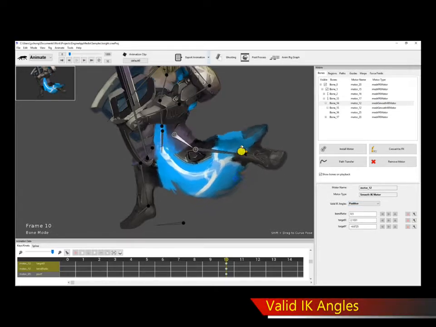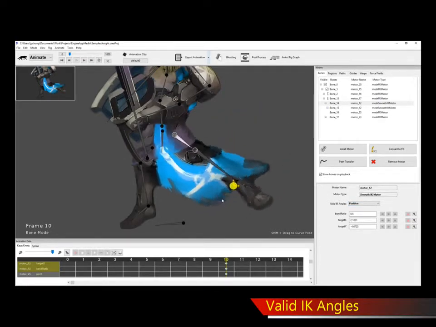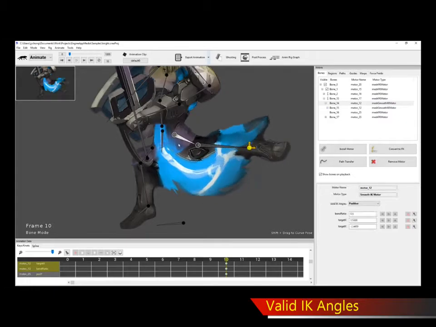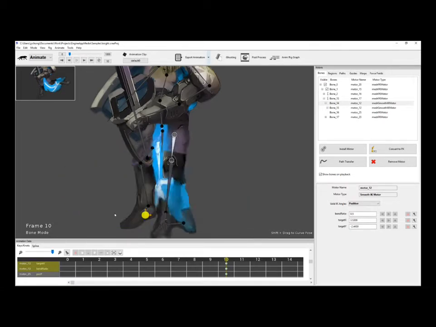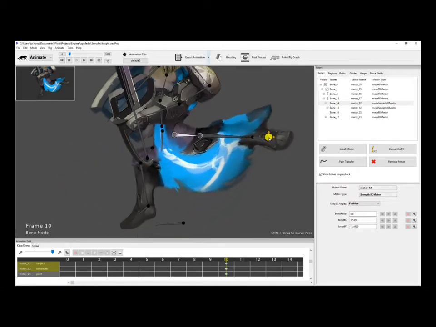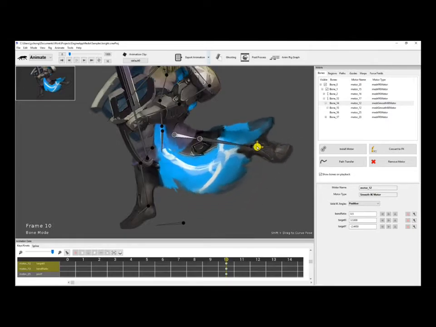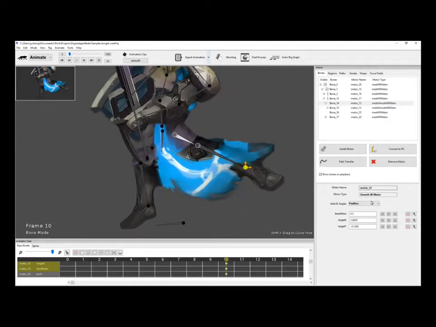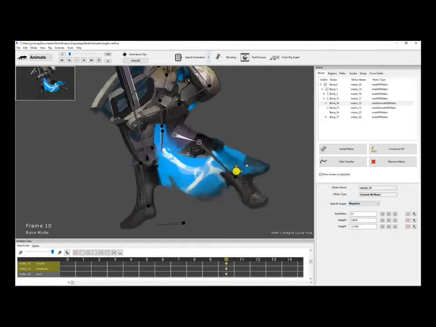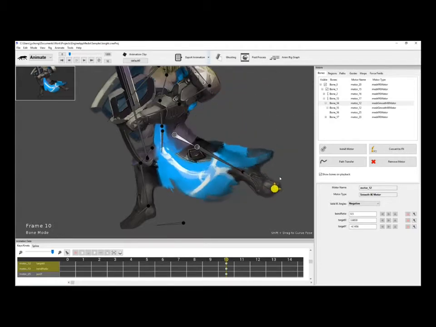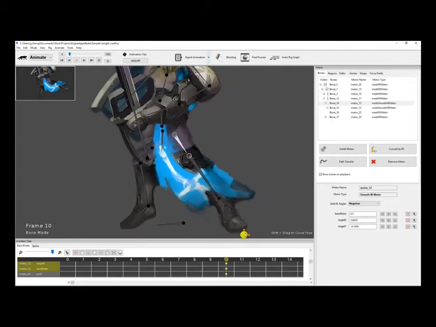So right now it's in the positive mode, which means it's only allowed to bend. As you notice, these two bones are bending in this way. If I move it to the other side, they don't bend, right? That's because the valid IK angles are set to positive. I can always change the mode to negative, and if it's a negative mode, now you can see it's bending here, but when I move it in the other quadrants, or whatever you want to call it, it doesn't bend,